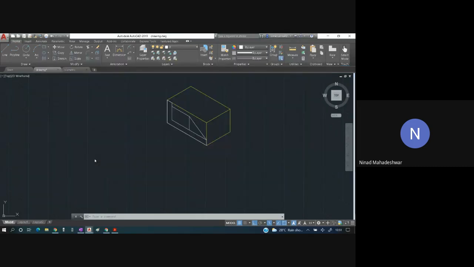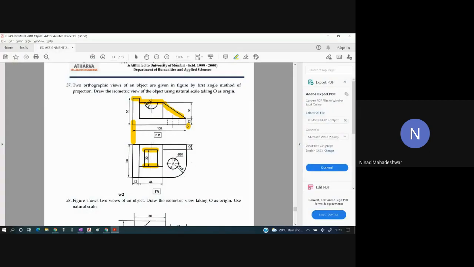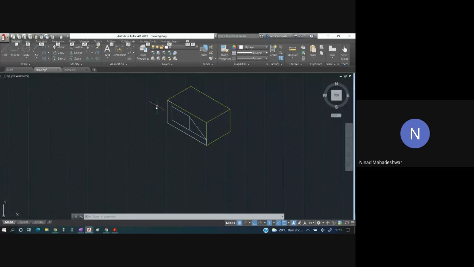The last part which we have to do over here is this semicircular part. Now understand this part very carefully, students. How to draw this? The function you will use is the ellipse function, or EL. If you press EL enter, you will come inside the ellipse function.